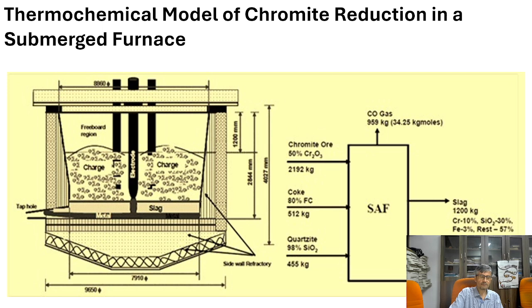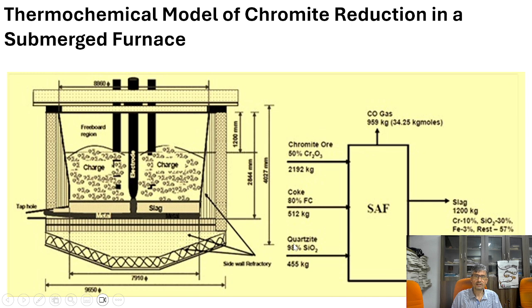So basically, what we can find on the right hand side is the flow sheet of the process, where the input raw materials and output raw materials have been given in terms of their weights and compositions. So as we can see, chromite ore, carburizers mainly in the form of coke, and flux in the form of